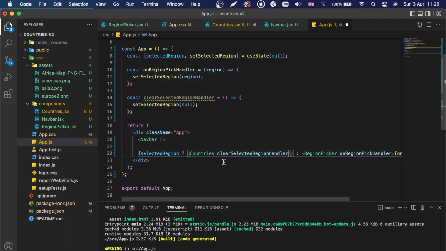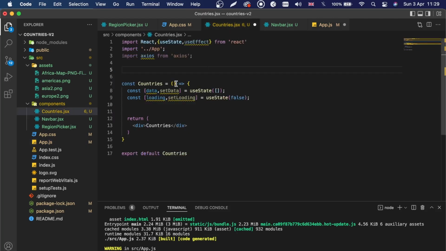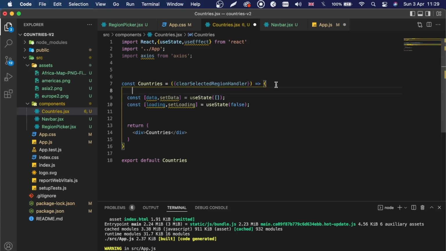So I'm going to say this to be equal to the same thing. So I'm going to pass this as a prop. Okay, and here I will destructure the props again. I'm gonna say clear selected region handler,